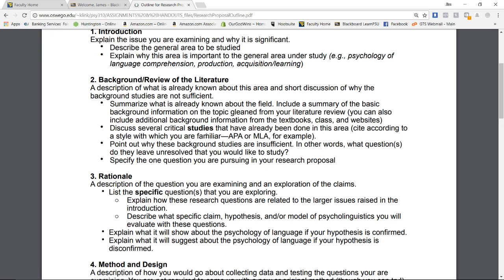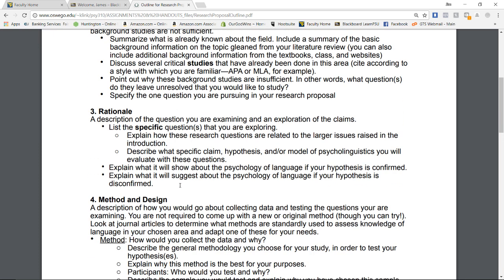Now, that's part 2. So part 3 is your rationale. In other words, your purpose. What is your question that you're examining and exploring the claims? In my case, of course, my question might be, are school uniforms really the best idea for public schools, right? And then I would give maybe some other sub-questions from that, like do school uniforms reduce bullying? Do school uniforms increase unity with students? And so forth. So I'm going to actually discuss some of my questions there and then explain what it will show about the